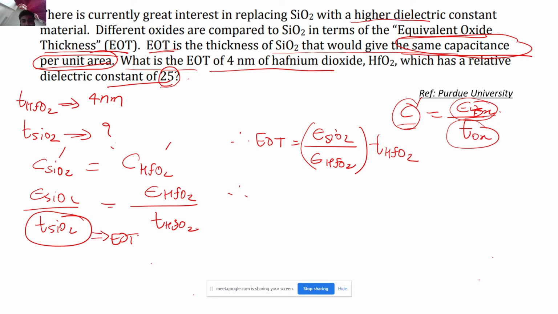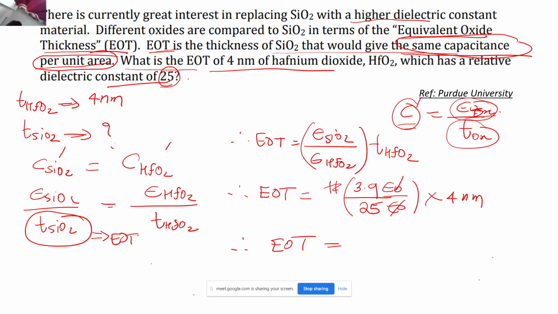So equivalent oxide thickness is, epsilon of SiO2 is 3.9. Epsilon of HfO2 is 25, correct? If I write epsilon naught over here, it is going to get cancelled, so it doesn't matter. And the thickness is 4 nanometers, correct? So the equivalent oxide thickness, if you just solve it, will come out to be 0.624 nanometer,